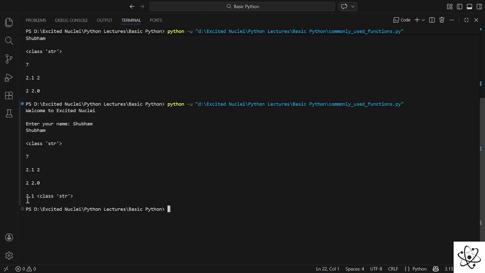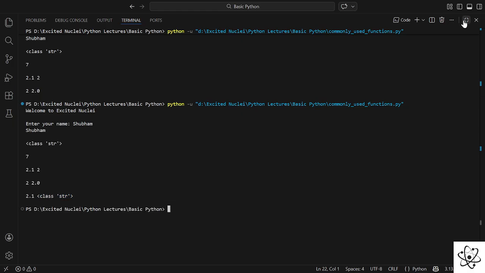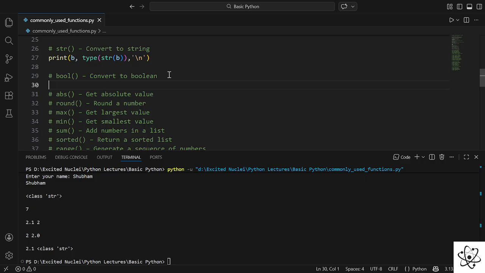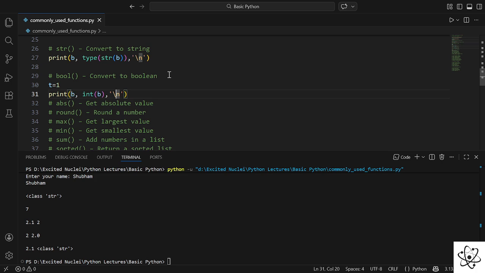So as you can see, now the 2.1 has converted into the class string. These are the basic functions actually. We can also convert anything into bool. That means, let's say if our number is b, or you can say t is equal to 1, if you try to print t,